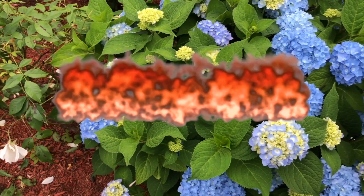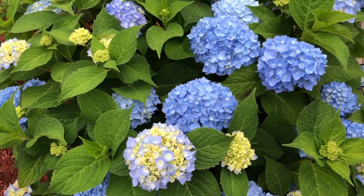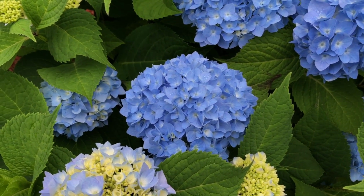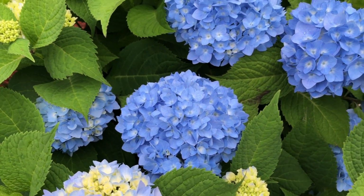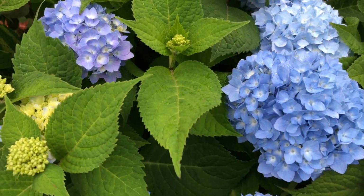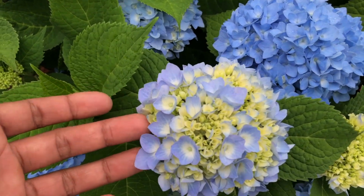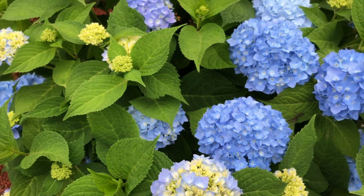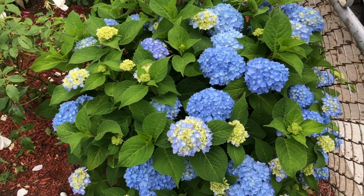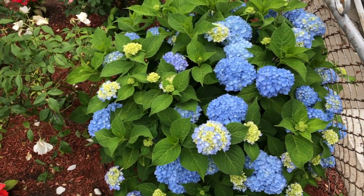Today it's time for hydrangea flower. As I have posted a picture earlier this week on YouTube about my upcoming project, the waiting is over. Hydrangeas are native to Asia and America, but at present they can be found throughout the world. So it might be found in your friend's home or in nearby nurseries. So you can just grab one, or you can just grab some branches from your friend's home to start your